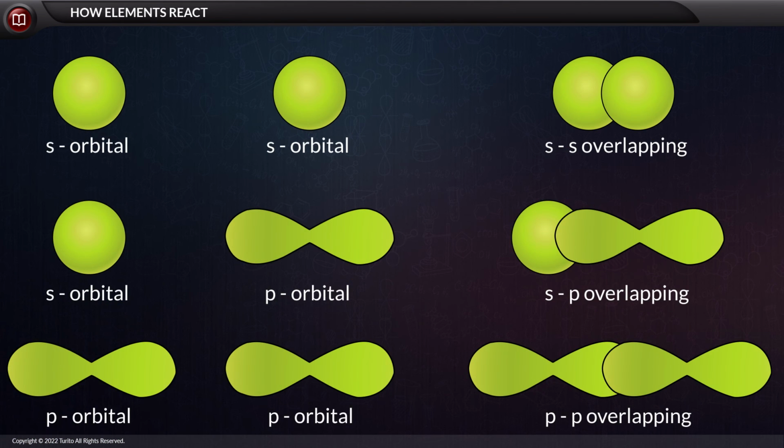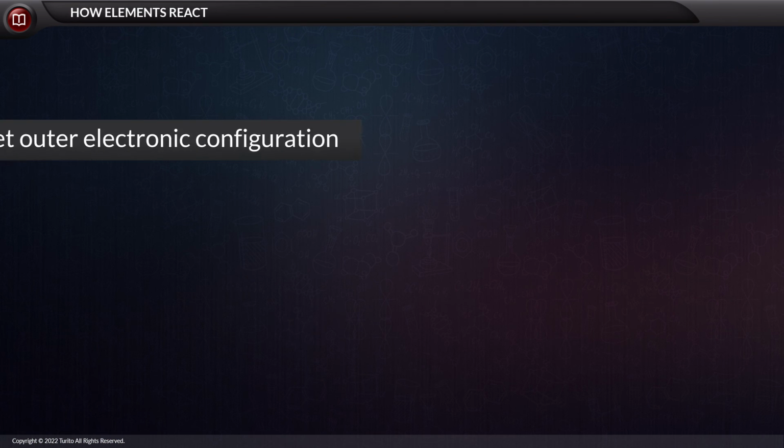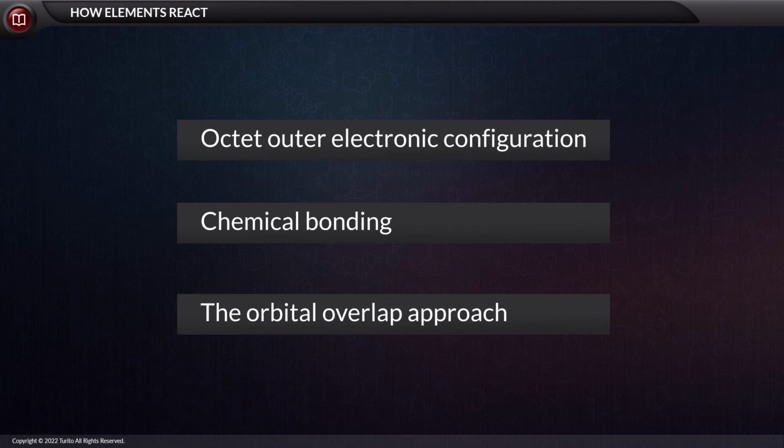With simultaneous development in the field of atomic structure, the theories that explained chemical bonding took a turn. Thus, with the orbital concept, the chemical bonding between atoms and ions was explained considering the orbital overlap approach. Alright, we learned a theory that told us about an urge to attain an octet outer electronic configuration, and we reached the point of chemical bonding on the basis of the orbital overlap approach.